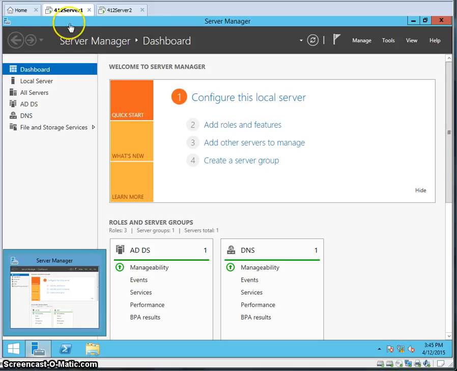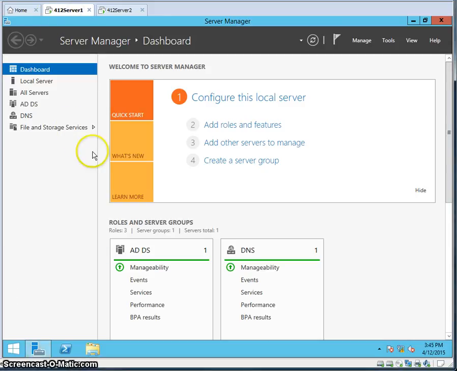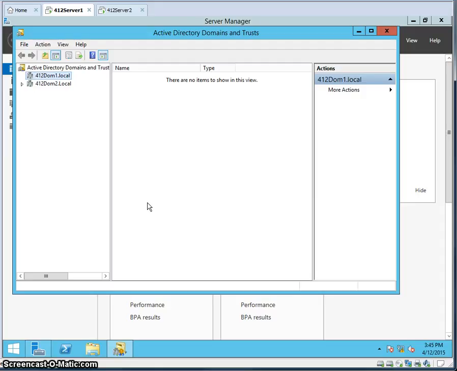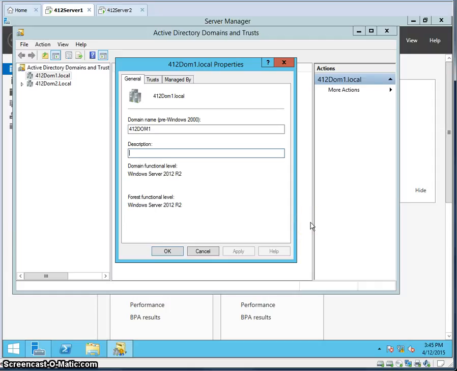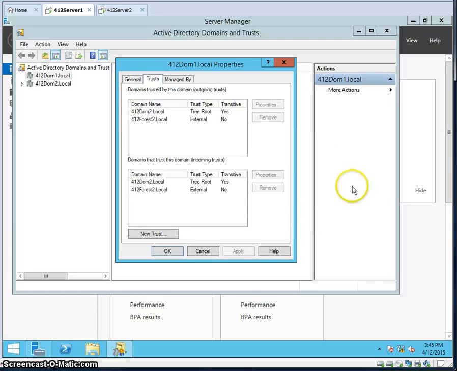So we are logged into our 412 server right here, and what we need to go ahead and do is click Tools and then go to Active Directory Domains and Trusts right here. And then we're going to go ahead and right click on 412 DOM local and hit Properties. And then we're going to go ahead and go to the Trust tab. Once we're in the Trust tab,